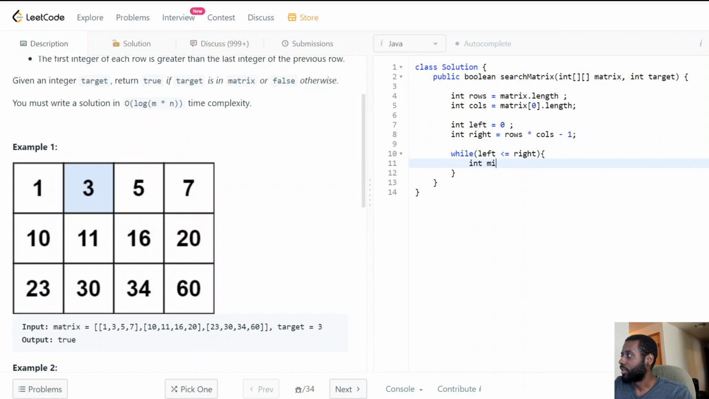And then we're going to calculate the middle element, which is done by left plus right minus left divided by 2, the standard thing we know by now, to avoid integer overflow. And what's next for us to do? The next thing for us to do is to